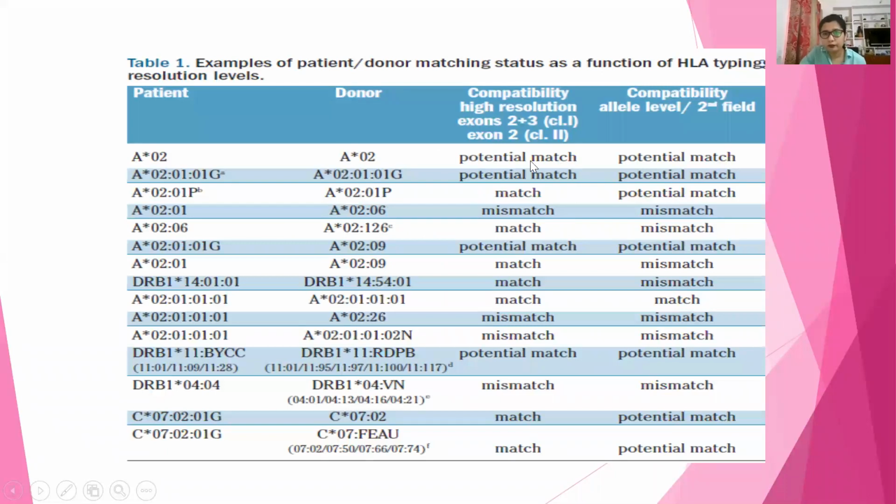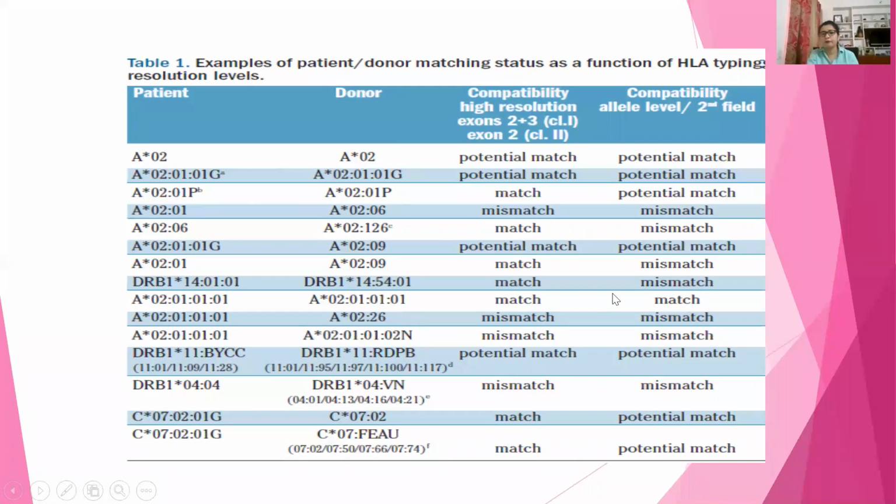Now coming to this busy slide, this is especially for the MUD searching, which we will discuss in our panel discussion in greater detail. But just for the sake of it, here first, if we look at A*02, they have done it at low resolution, so our match is only a potential match; we will have to do further subtyping. Then here they have GG carries for a group, so they have not defined it specifically, and therefore here also it is a potential match. But if we see it like this, here they have subtyped it completely, 02010101 02010101,